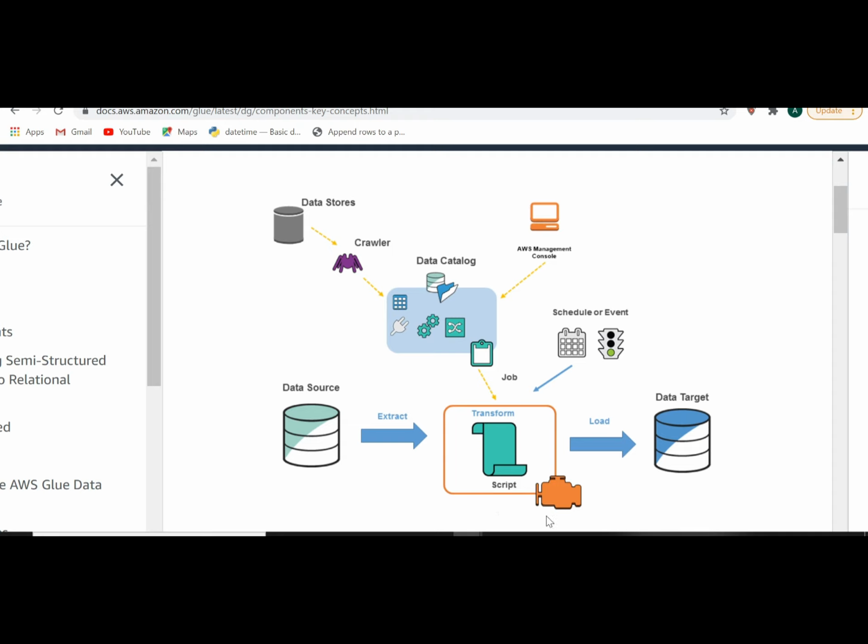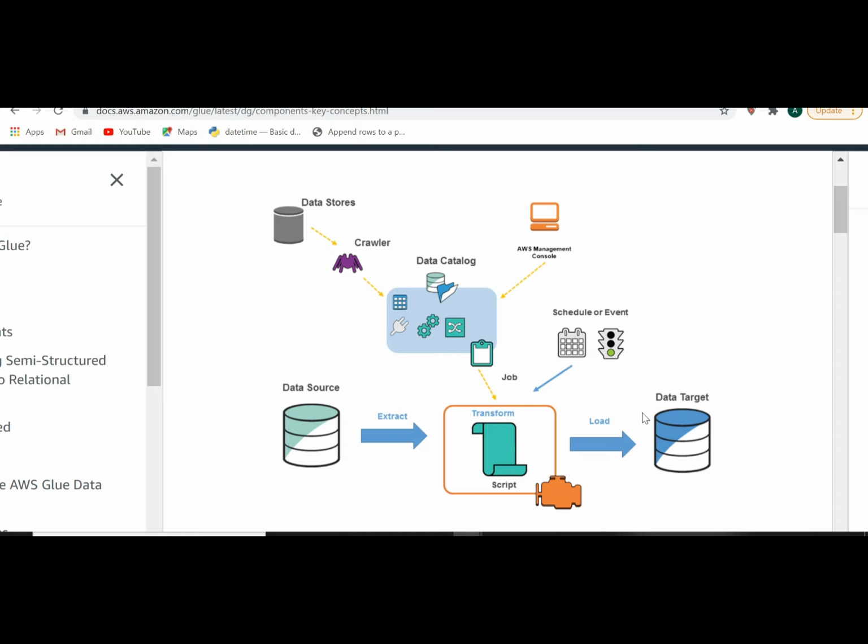We are going to use Python here. We'll transform data and load it into your data target. You have to give the catalog table locations while creating the job, and then you run the job. Automatically it will fetch the data from S3 and load it to Redshift or any other target.